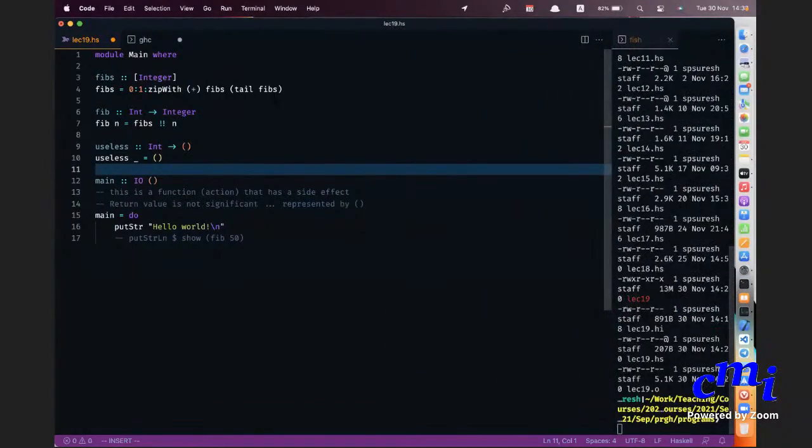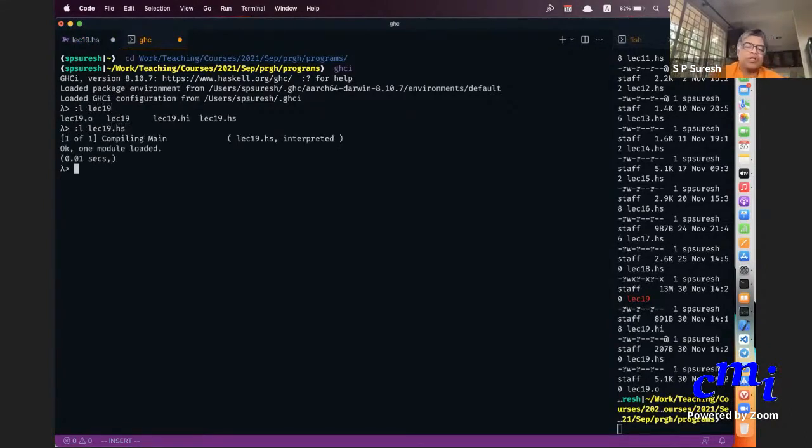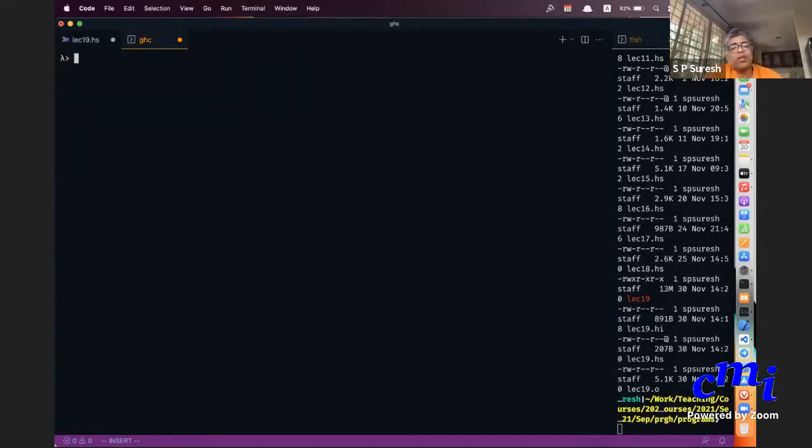Yeah. So now let me go to GHCI here. I want to check the type of putStr. Okay, it says String arrow IO unit.